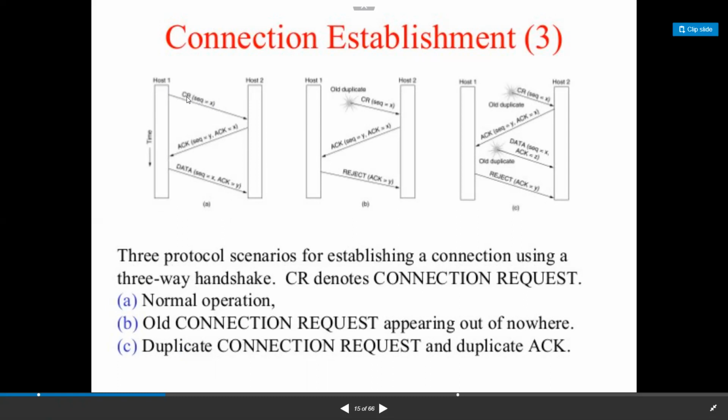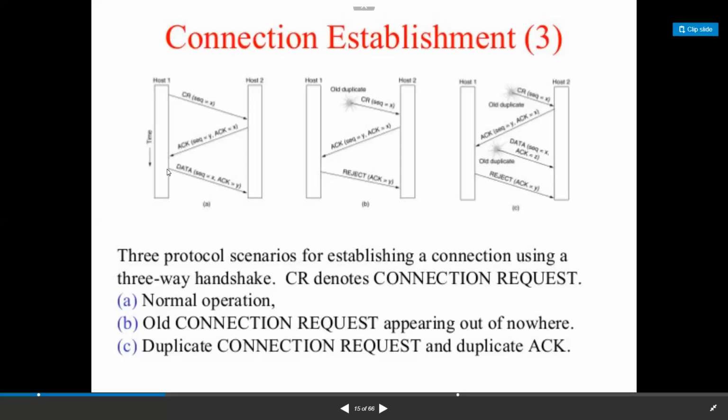After receiving the connection request from host 1, host 2 sends an acknowledgement: this is the acknowledgement of X, and this is the sequence number Y. That means this is the packet number of host 2 and the acknowledgement for the previous packet X.